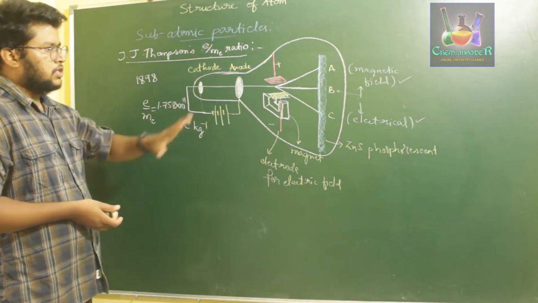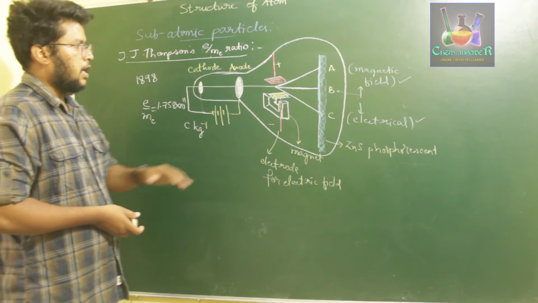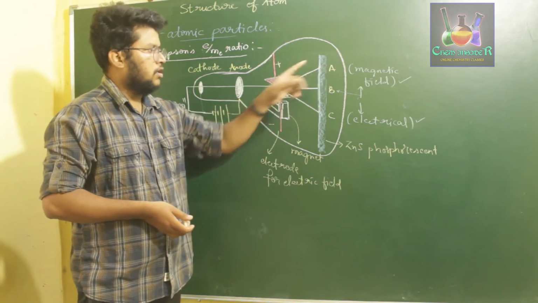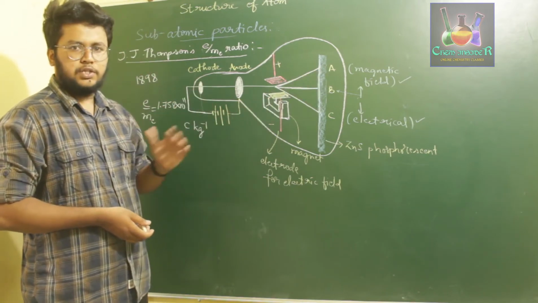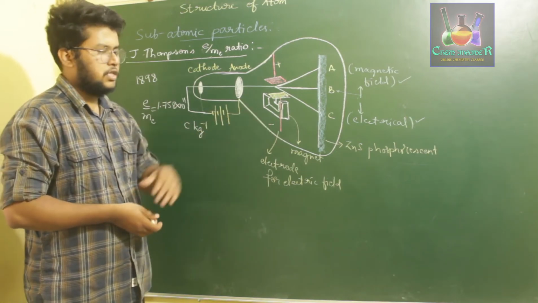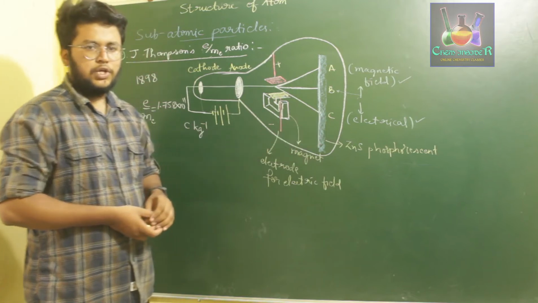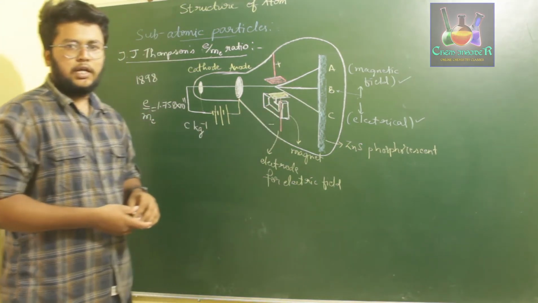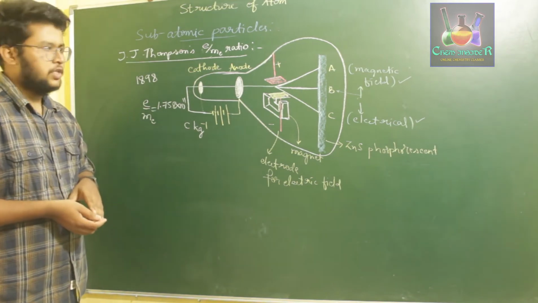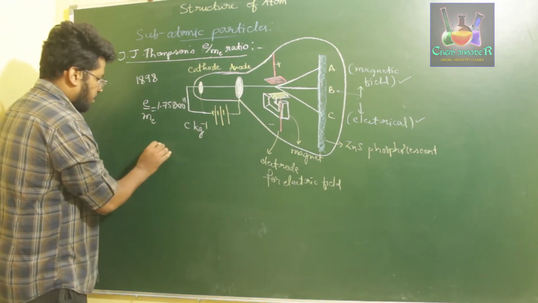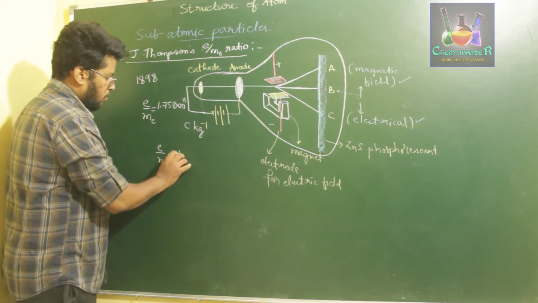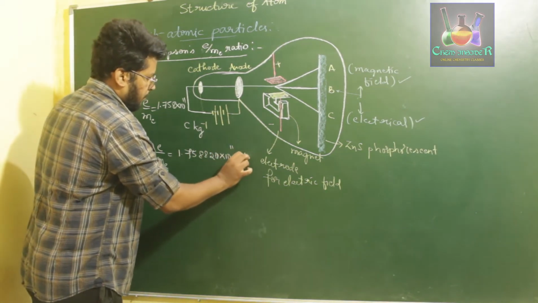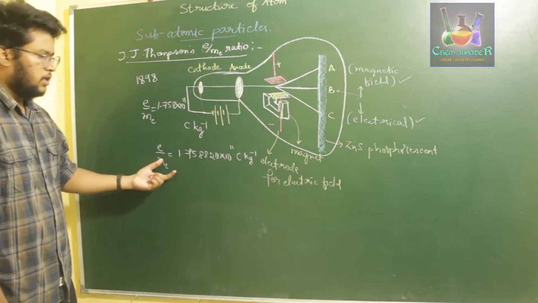On this complete arrangement, he observed that in the absence of the electrical field and in the presence of just the magnetic field, there was a collision of particles on the zinc fluorescent sheet at point A. Similarly, when he zeroed the magnetic field and applied just the electrical field, he observed the collision at point C, and later he adjusted both so that they focus on one point of collision, that will be B. Depending upon this, he said that the charge to mass ratio e/me will be equal to 1.758820 × 10^11 coulomb per kg. So this is what we have discussed up till here yesterday.